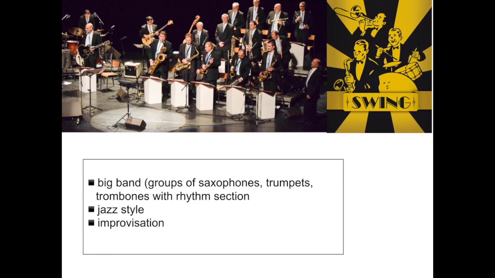In the 1930s and 1940s America, some jazz bands grew into much larger groups of musicians. These became known as swing bands or big bands. Each band had its own arranger who wrote the music. Although there were still some improvised solos in swing music, playing the parts that were written by the arranger was very important. Some of the famous band leaders, or arrangers, include Duke Ellington and Count Basie. Swing music became really popular around the world and the UK developed its own big bands.